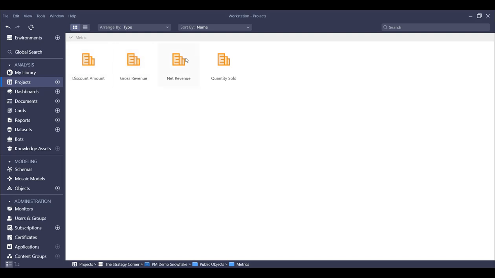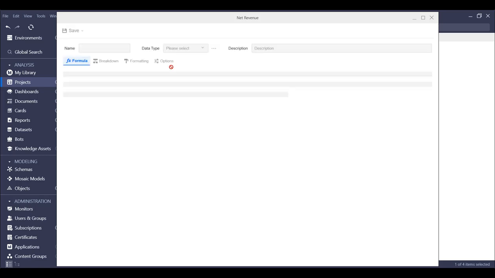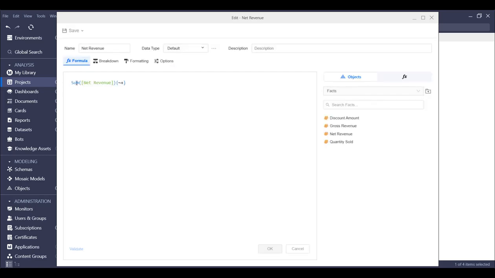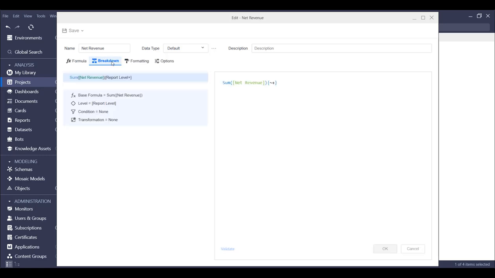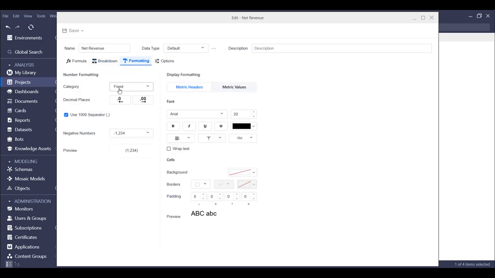All of them, they follow basically the same formula. As you can see in net revenue, we're basically using a sum, right? So I'll be performing a sum on the net revenue fact. Could be an average, could be any other. Metrics can be way more complex because if you go and notice here, breakdown, we can have like level metrics, we can apply condition to metrics, we can work with transformation metrics, but that's another topic, maybe for an advanced video. Formatting, we can define if this net revenue metric will be using, for example, currency or any other type